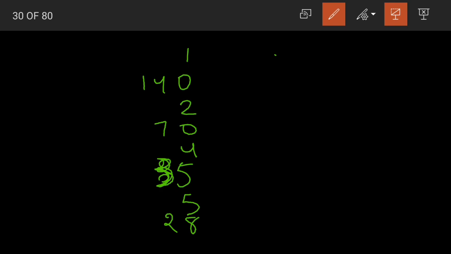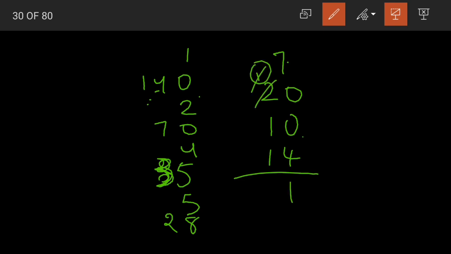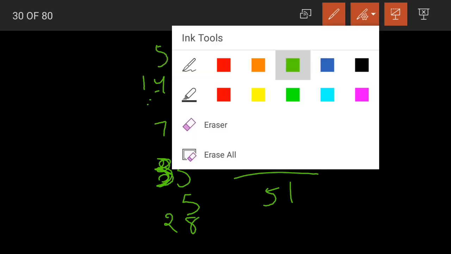And then it does not come in 6 table. It comes in 7th table. 7 20s are 140. Then will it come in 8 table? 8 ones are 8, 9, 10, 11, 12, 13, 14. No, it will not come in 8 table. Will it come in 9 table? 1 plus 4, 5. No, it will not come in 9 table. Then we have 10 14s are 140. Yes. And these are all the factors of what, children? 140. Let us add 7 plus 4, 11. 1 carry. 3, 4, 5. 51. So, I will add here 51 plus 1 becomes 52.